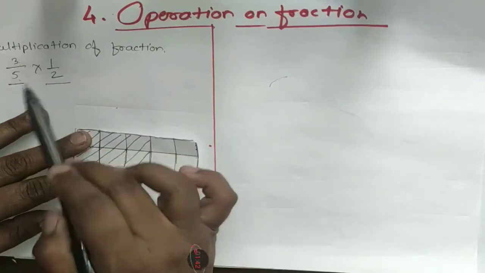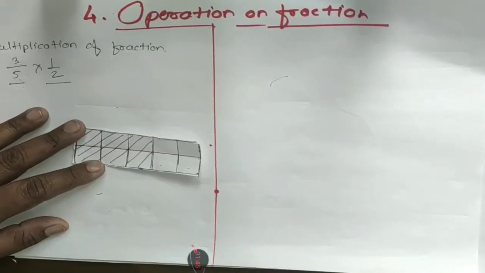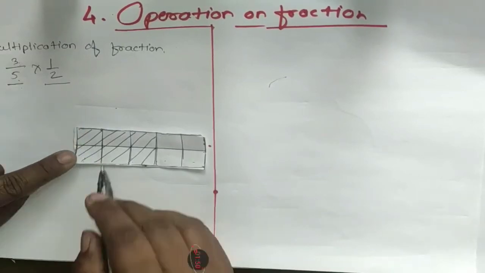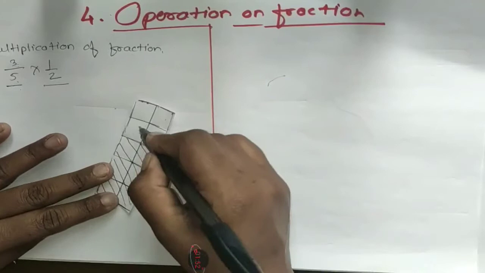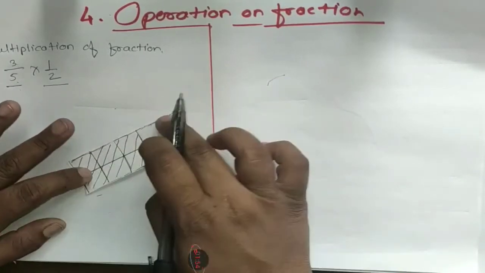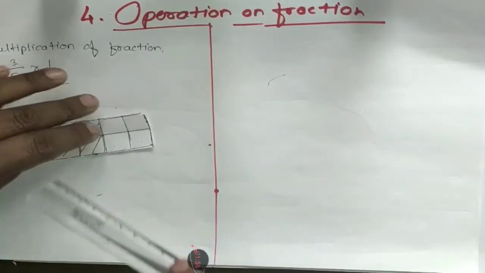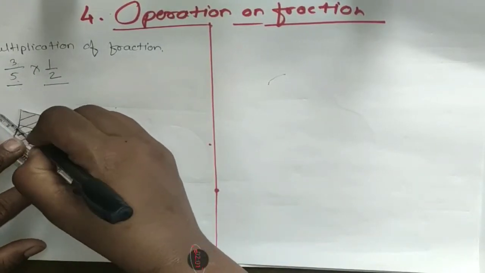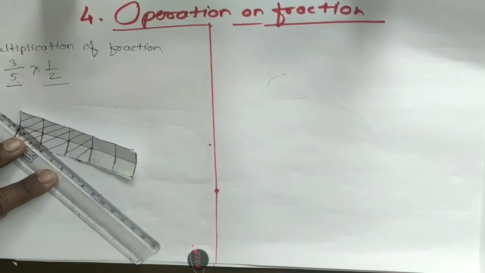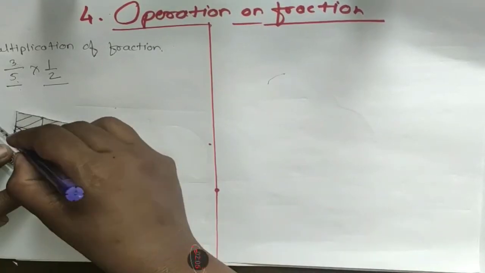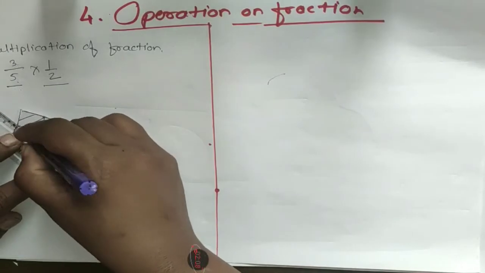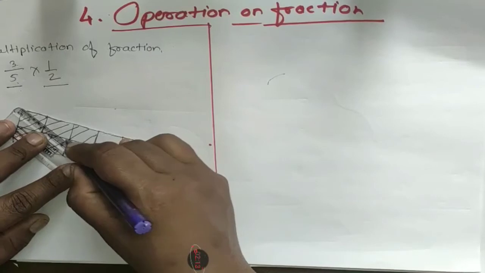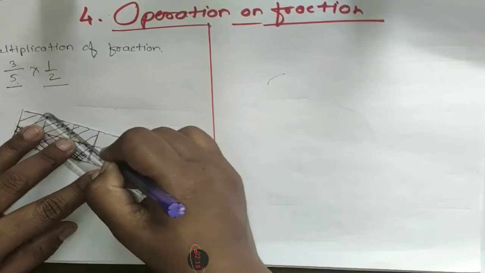So we have to find its multiplication answer. So this horizontal line is there, and I will make half parts. This is the first half part and this is the second half part. Now I will show this with a different color. You can use a different color also for that. So here I will use the blue color for it. Okay, the half part of these 5 lines I am drawing now.